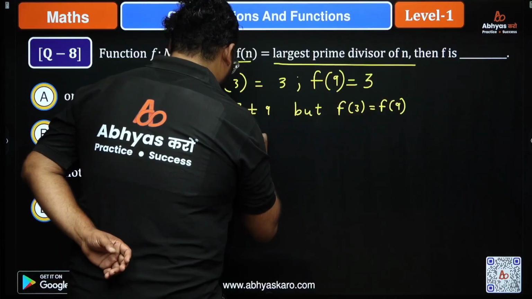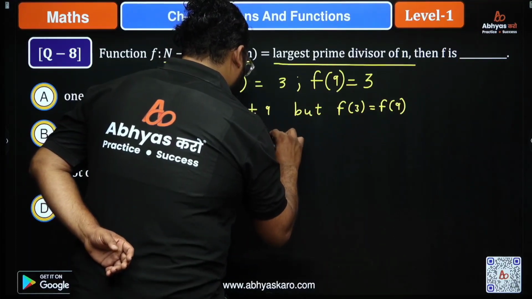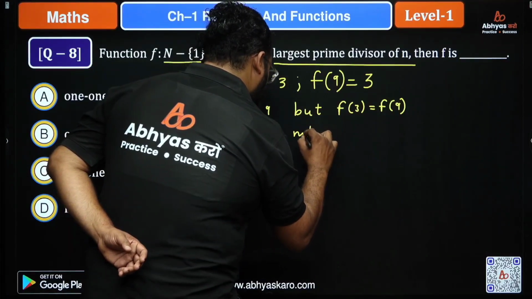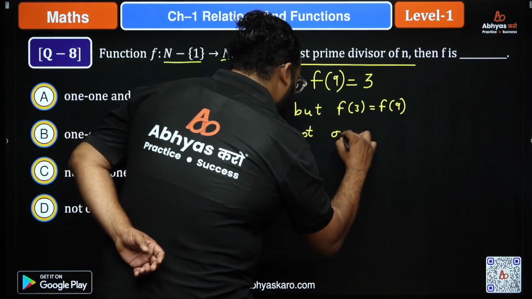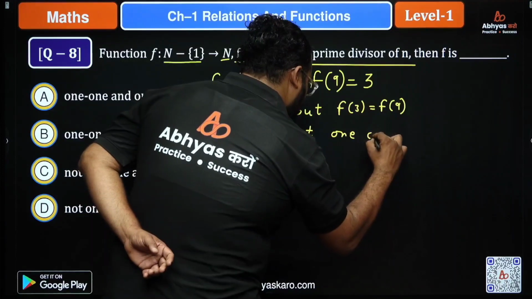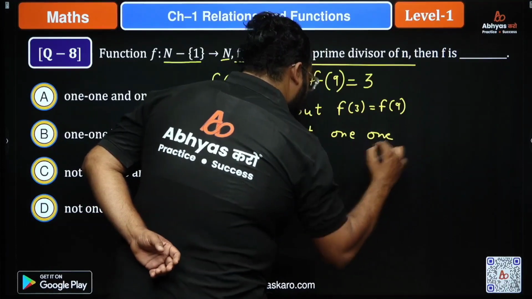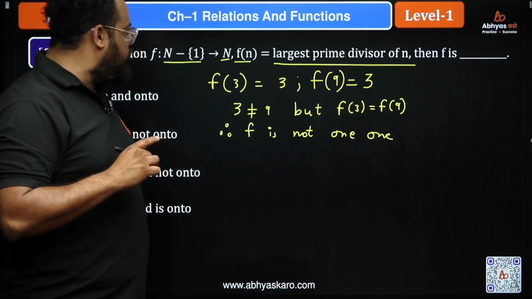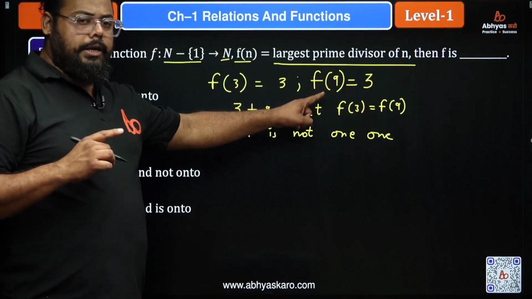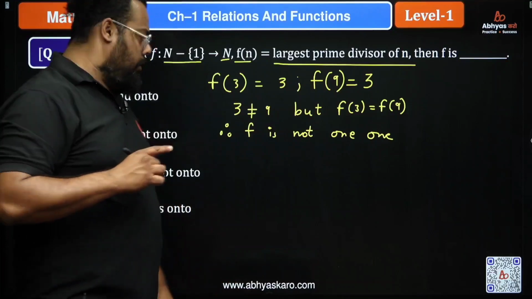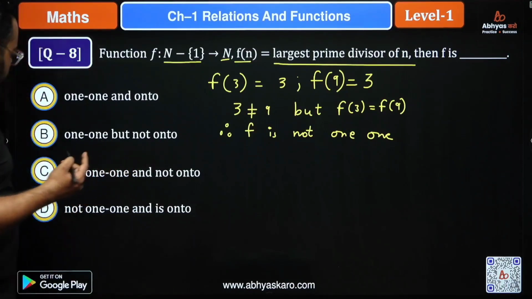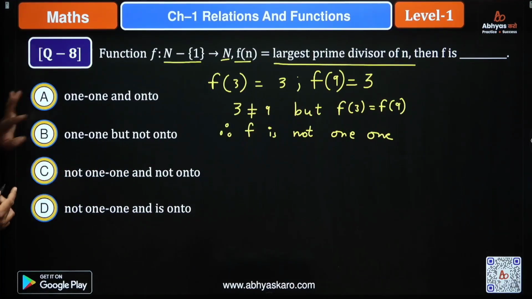Therefore, f is not 1 1. ओके, एफ फंक्शन जो है वो 1 1 नहीं है, बिकॉज दो अलग अलग इनपुट के लिए सेम आउटपुट आ चुका है। तो नॉट 1 1 वाले ऑप्शंस जो है वो लास्ट दो ऑप्शन है सी एंड डी। तो यहां पे हमारा ए भी तो एलिमिनेट हो चुका है, नॉट 1 1 तो है।